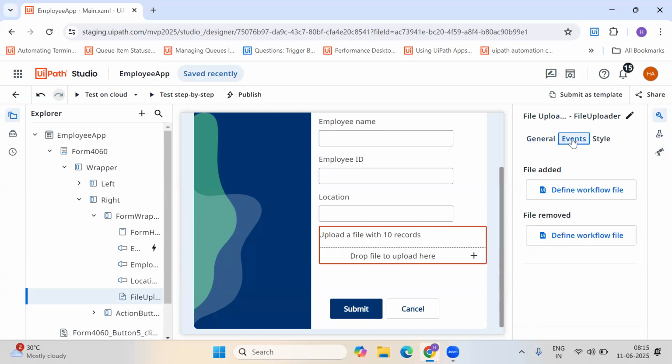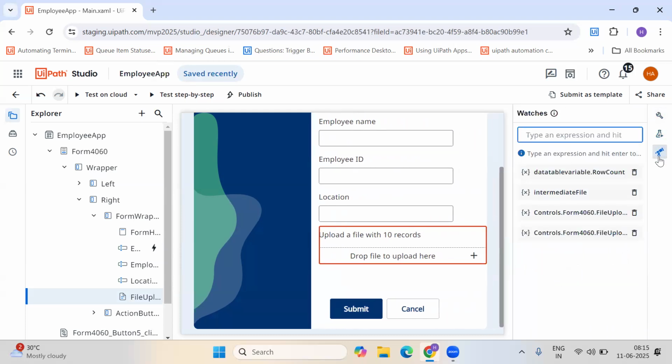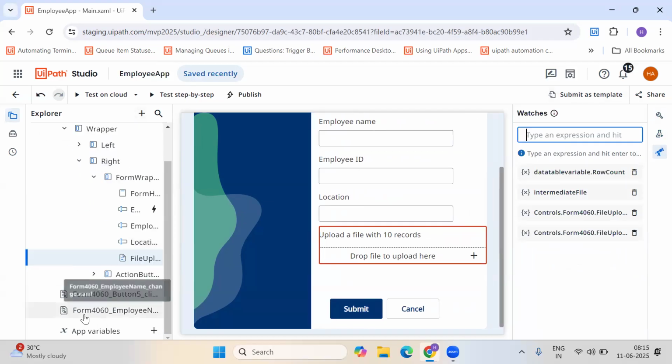Okay, perfect. And also, what is the other thing? Yeah, if you see here,